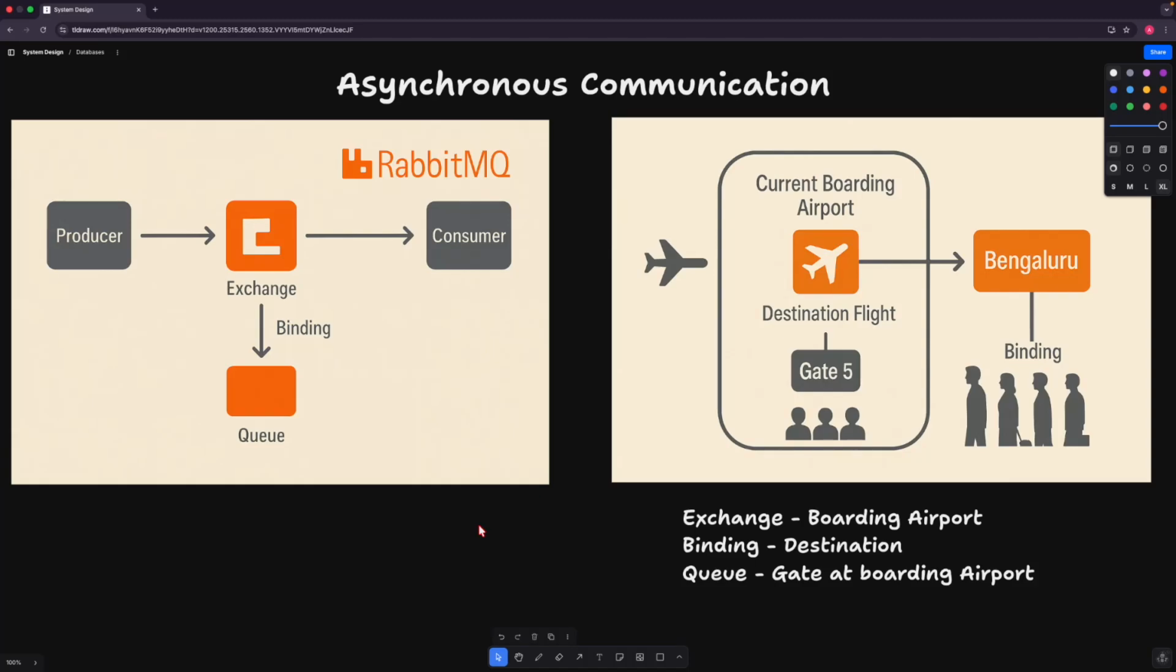Okay, so let's discuss the first service that can be used for asynchronous communication, that is RabbitMQ. RabbitMQ is basically a message broker that will help us consume the messages asynchronously from the producer. Here, let's first understand the basics of RabbitMQ, how it works and what are the different components